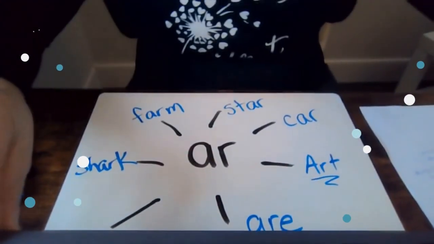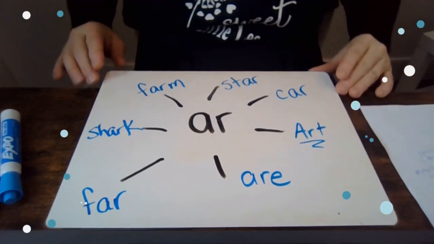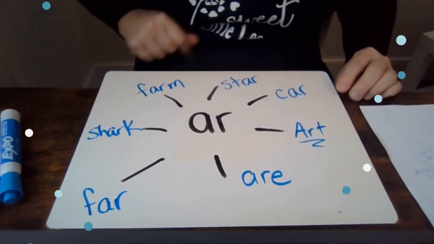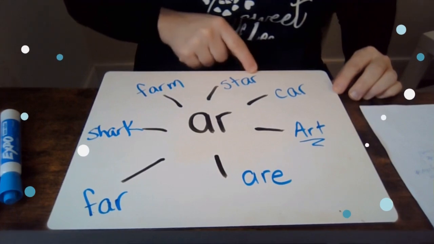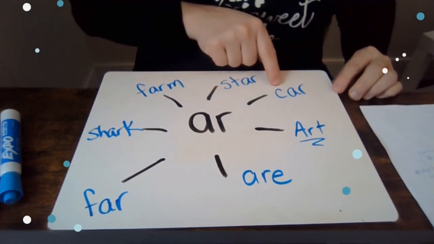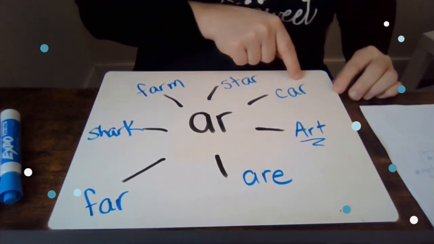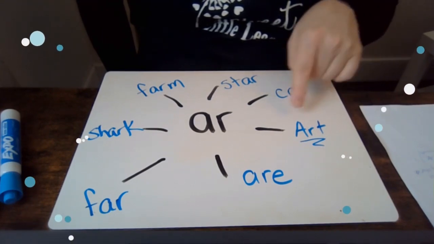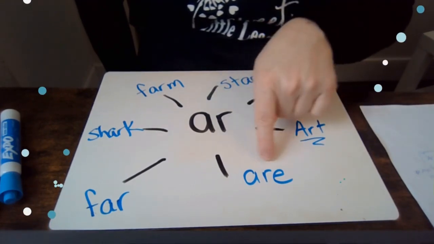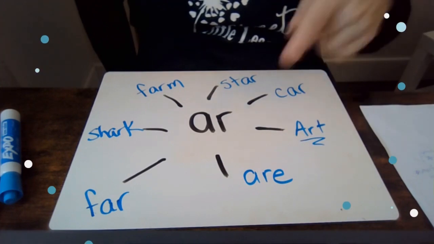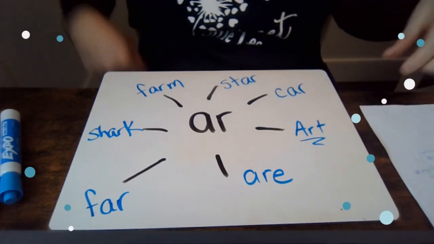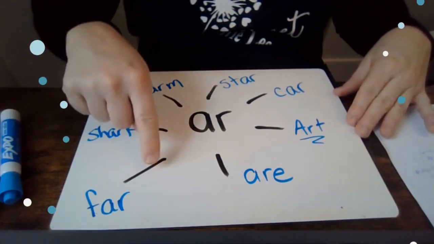Some of them I just knew. Some of them I didn't even need the video for. I got arm, farm, R, star, R, car. Then I thought about that I love to draw. I got art. R, the word are you going to school? Are we going to the park? And then far,